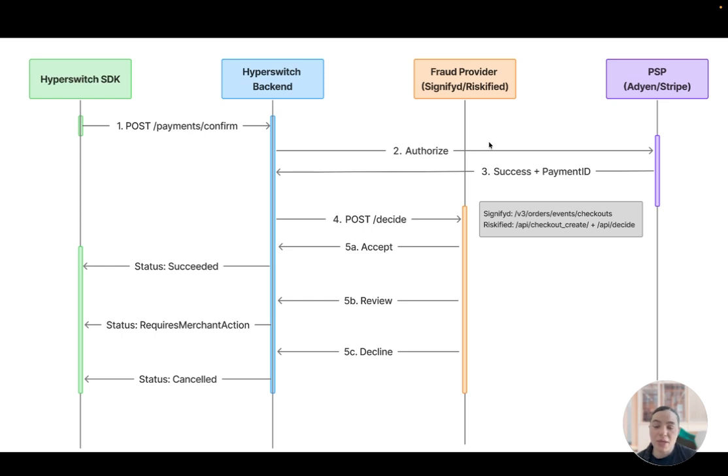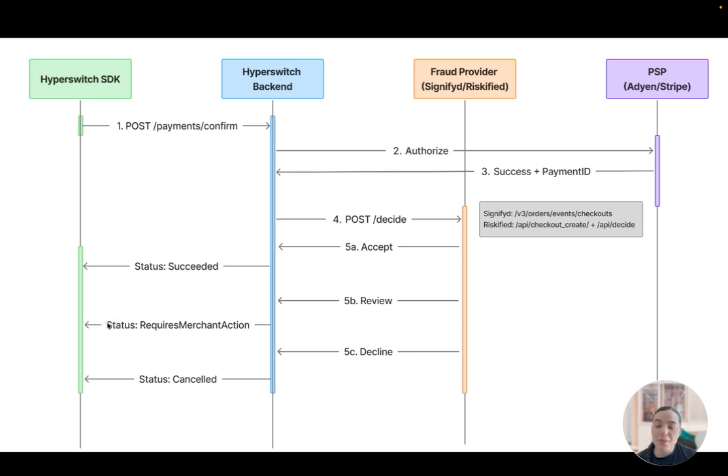Post-auth is card-only in Hyperswitch, and it's the flow with the richer state machine. Look at the order on the diagram. Here, the PSP authorizes first, and only after that authorization comes back does Hyperswitch call the fraud provider, this time against the authorized transaction plus the order context. So now there are 3 outcomes instead of 2. Accept, the payment goes through. Decline, Hyperswitch voids the authorization it just got. And then a third one that pre-auth doesn't have, review.